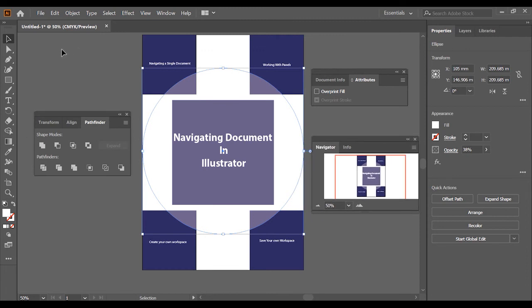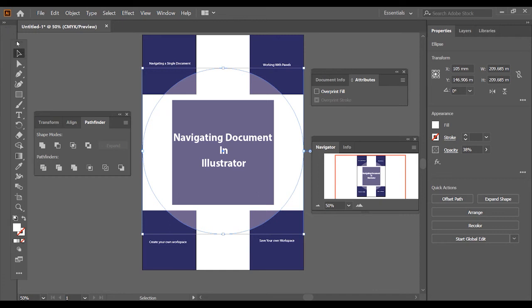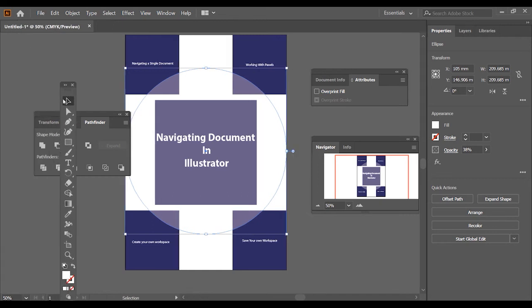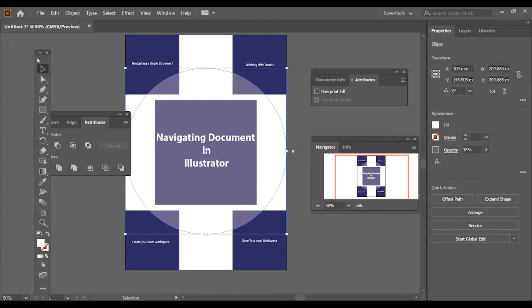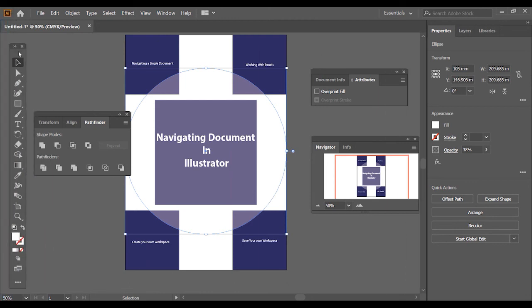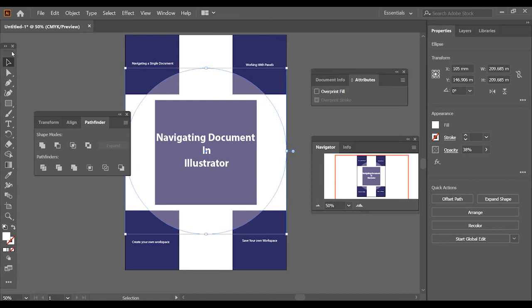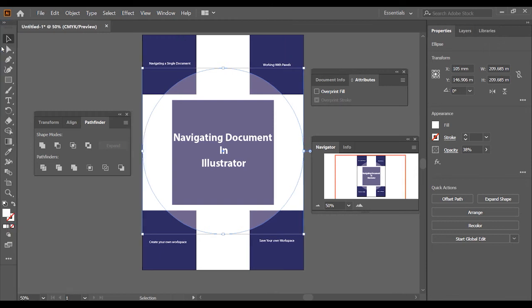Now, as you can see in my workspace, the toolbar is attached and fixed to the left side. In order to undock it, click on this portion of the panel, and you can drag it out. You can also move it around from left to right side. And if you want to keep it fixed to the left side again, you can move it a bit further to the left. Once that blue line comes out, you can drag that panel inside it so that it gets attached